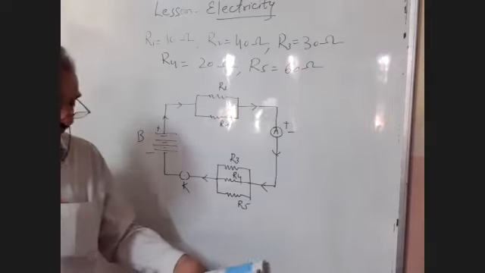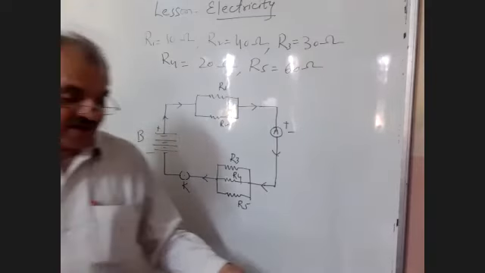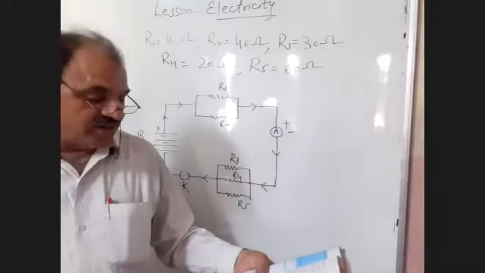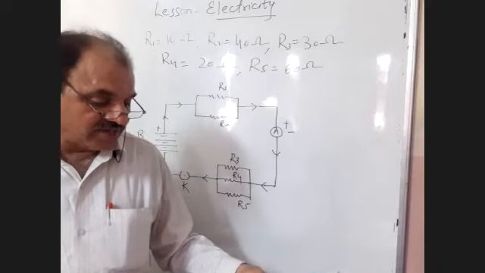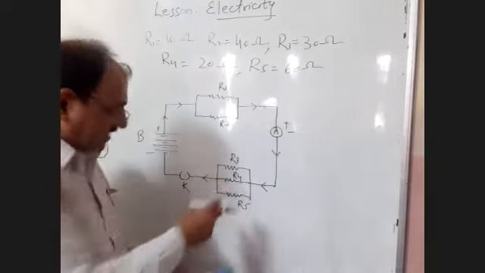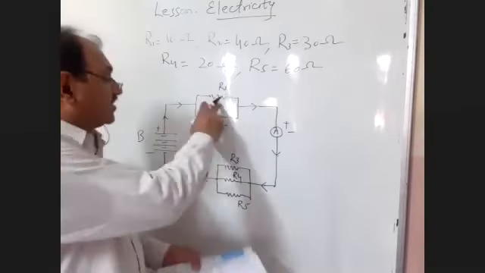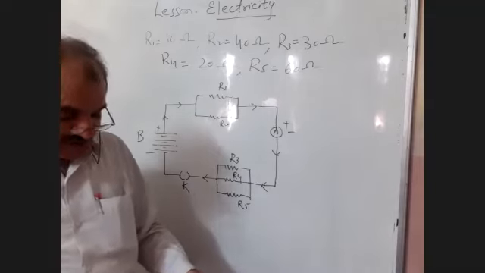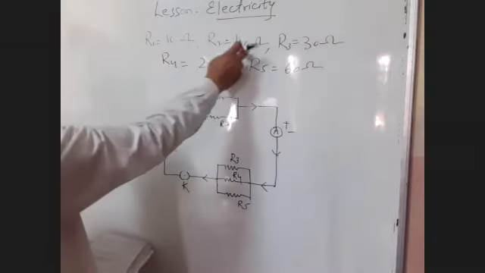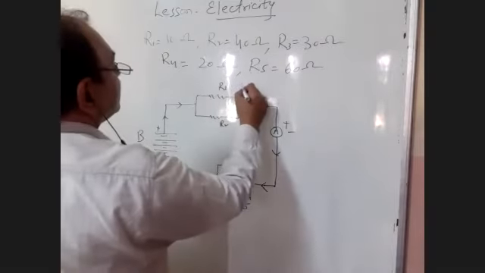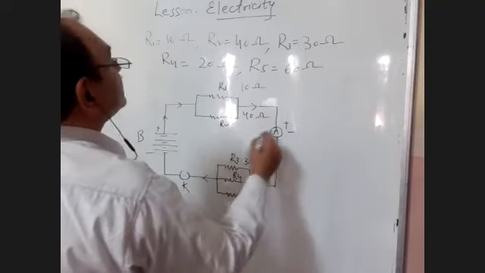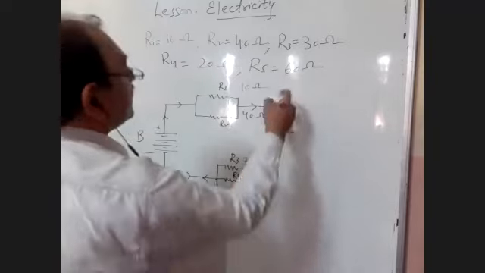Now, students, this is the circuit diagram in which they have shown the resistances. So we will calculate the total resistance according to this. Two resistors are in parallel in the first case, and three resistors are in parallel in the second. First we will calculate the total resistance. This is R1 of 10 ohm and R2 of 40 ohm. Here it is 30 ohm, 20 ohm, and 60 ohm.